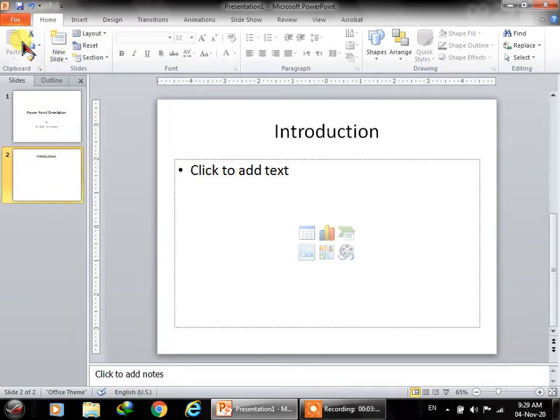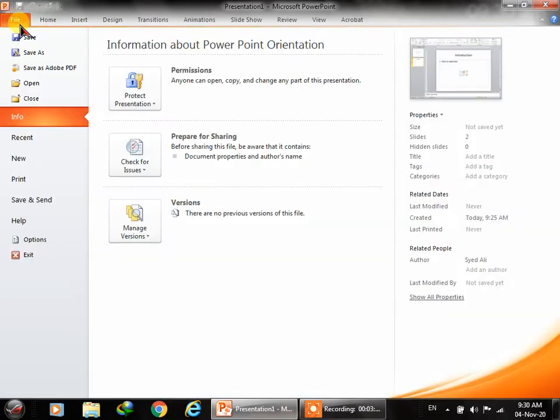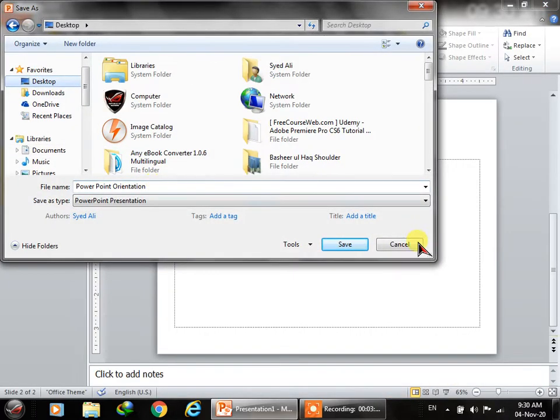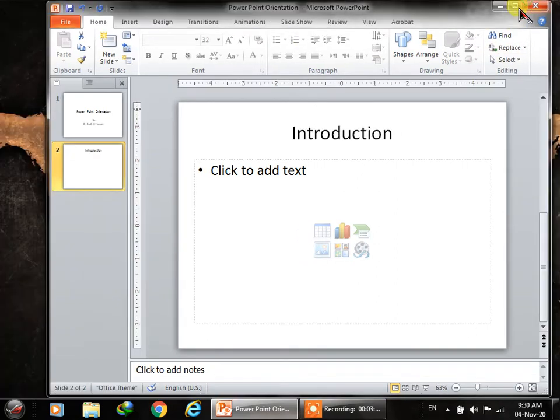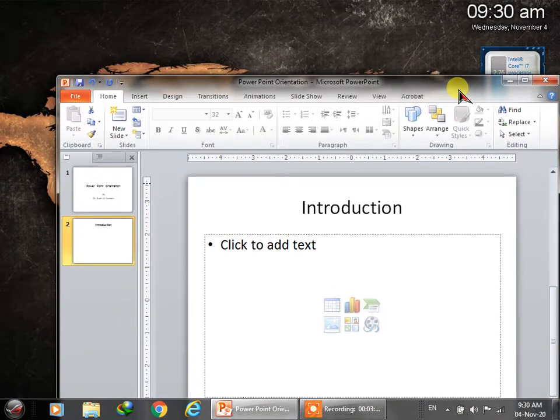Now we'll scroll through all these menus and discuss the functions of these menus and these things. First of all, we'll click on File. You can save the file by clicking on Save, and let's say I'm saving it on the desktop. As soon as I save that file, the name changes in the top margin, which is not shown on the projector, but I can see it over here. Now it shows PowerPoint orientation, but before this there was an unnamed document.